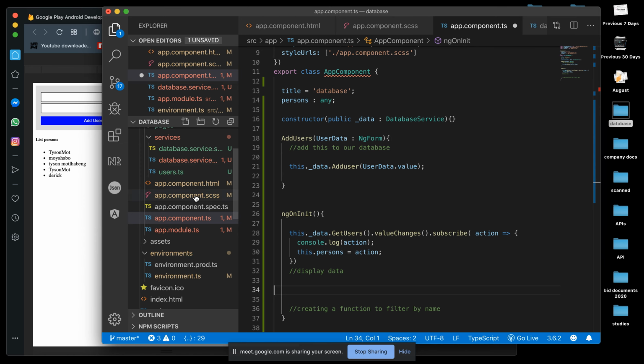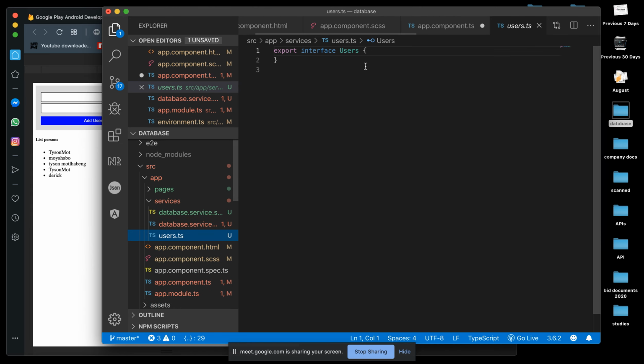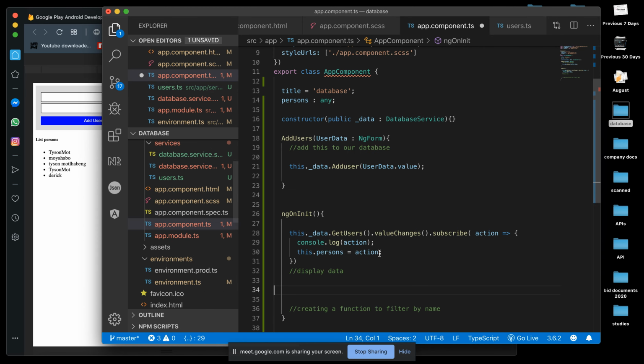So in our interface, what is that interface? We have the user. Inside here we're going to create name. Remember, these names must be exactly the same as the ones that you have on your database, like name and surname is what we have now. So I'm going to have surname and then string, because without an interface you might find that you want to do something like